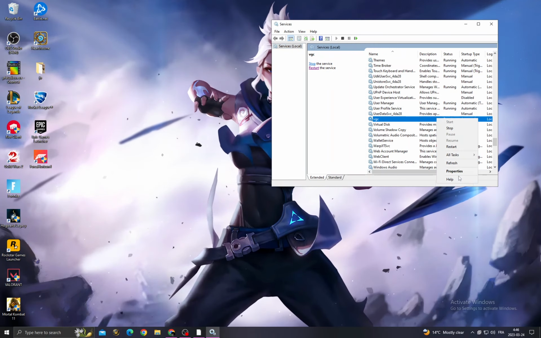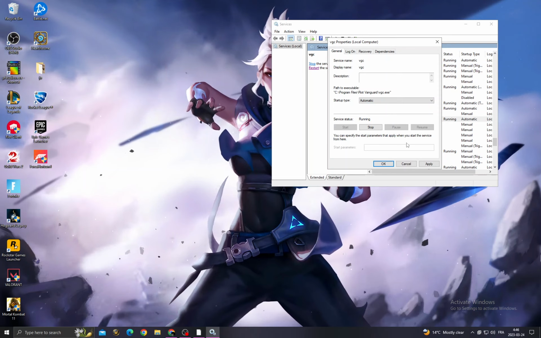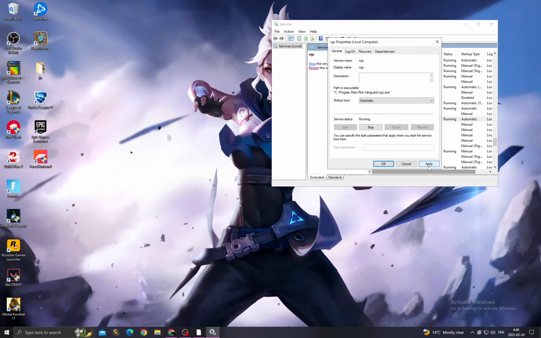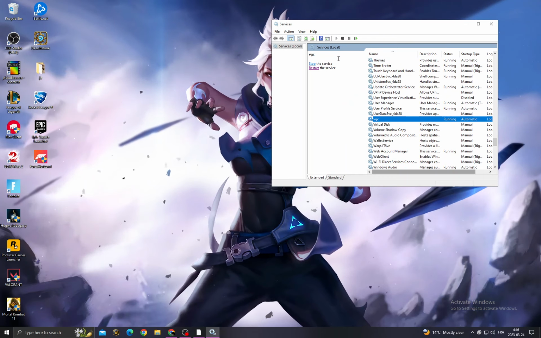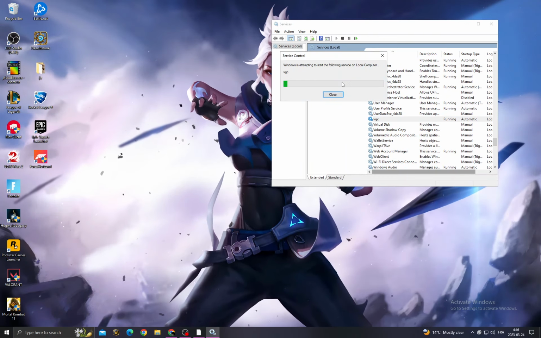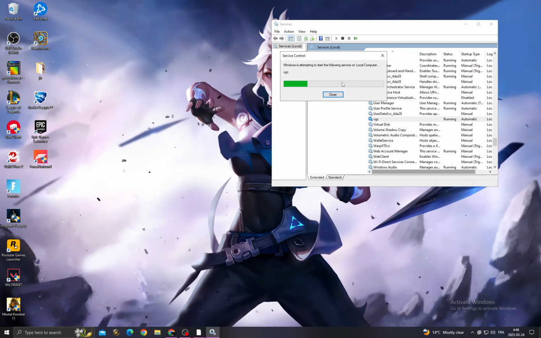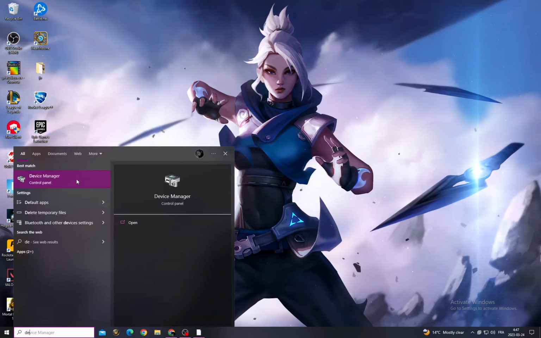Right click on VGC and click properties, and then make it automatic, and after that click apply and OK, and then if you find here start, just click on it, and if you find restart, just restart it, and that's it. After that, just close it and go to device manager,